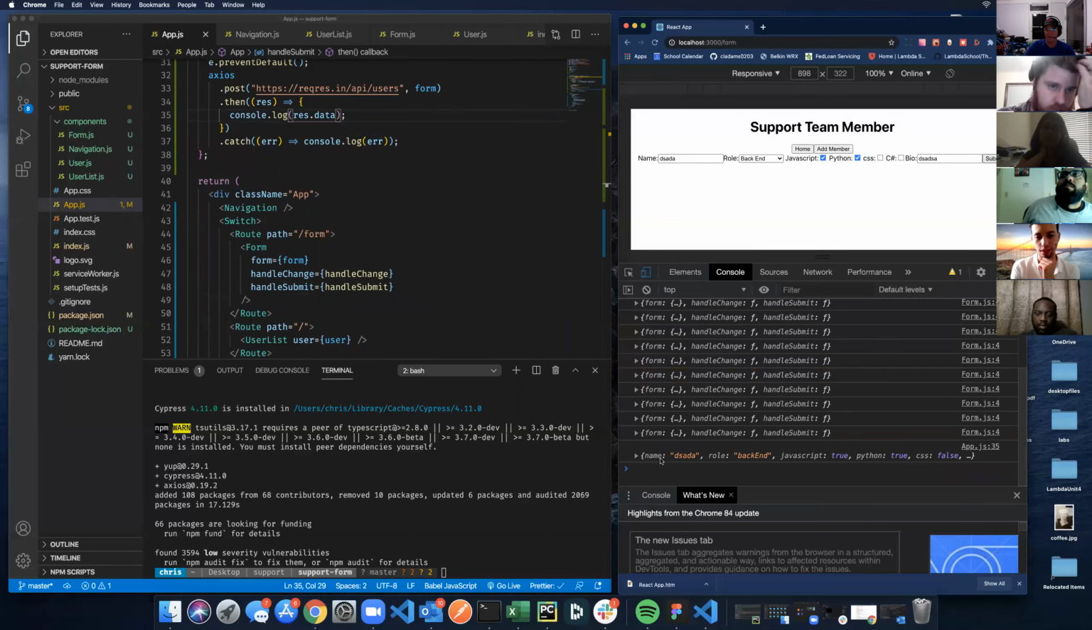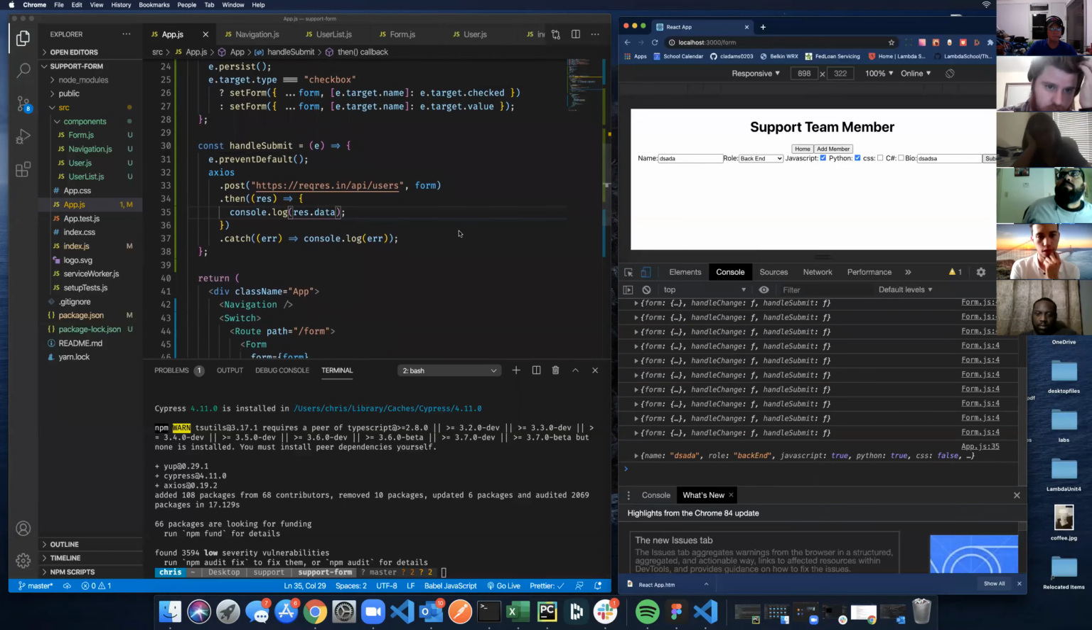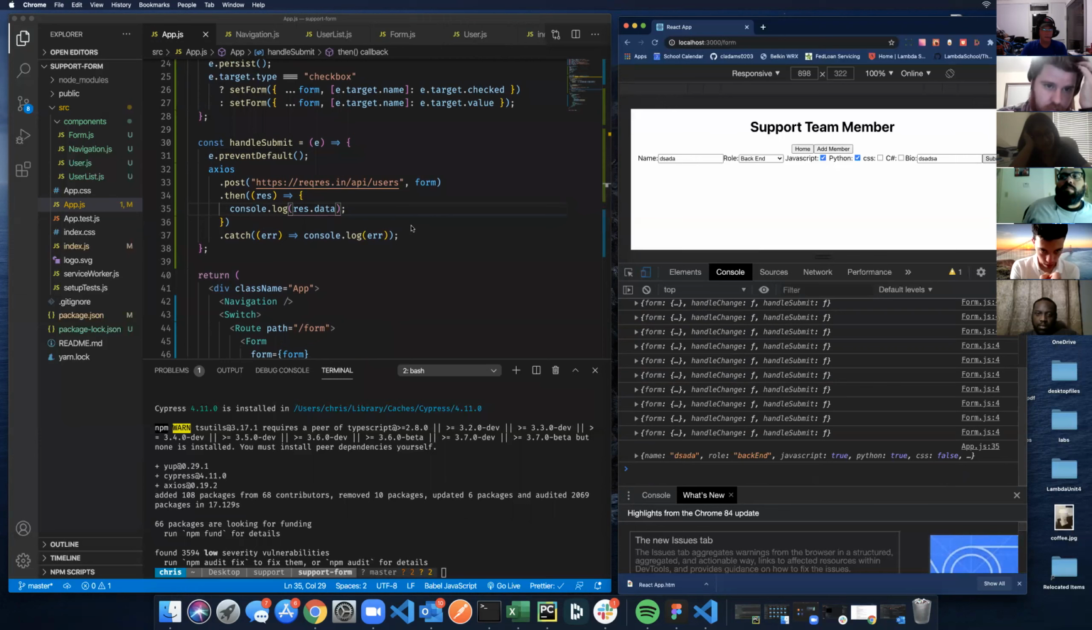So yeah, that's our object. That's what we want to set the state. That's actually Axios that parses the response into data. What Axios is doing is creating the HTTP request, converting it into a JSON format. It's doing a lot under the hood, and it's sending your form object there in JSON format, because the way